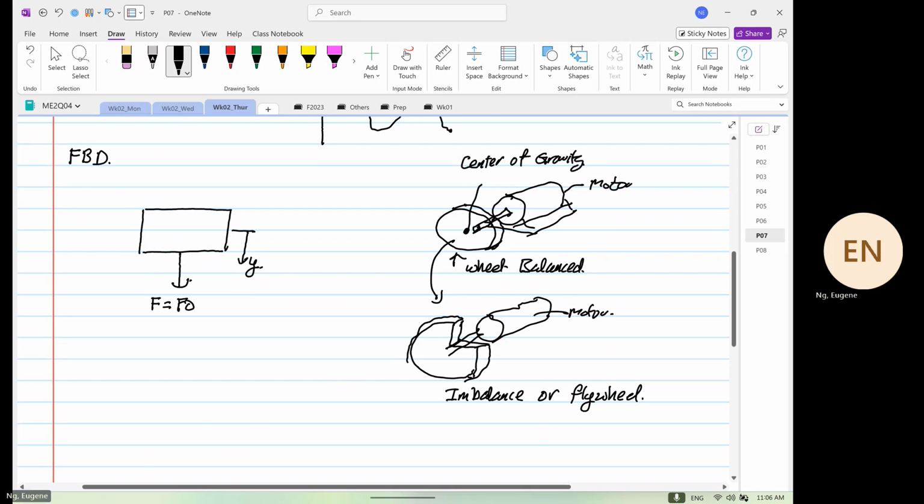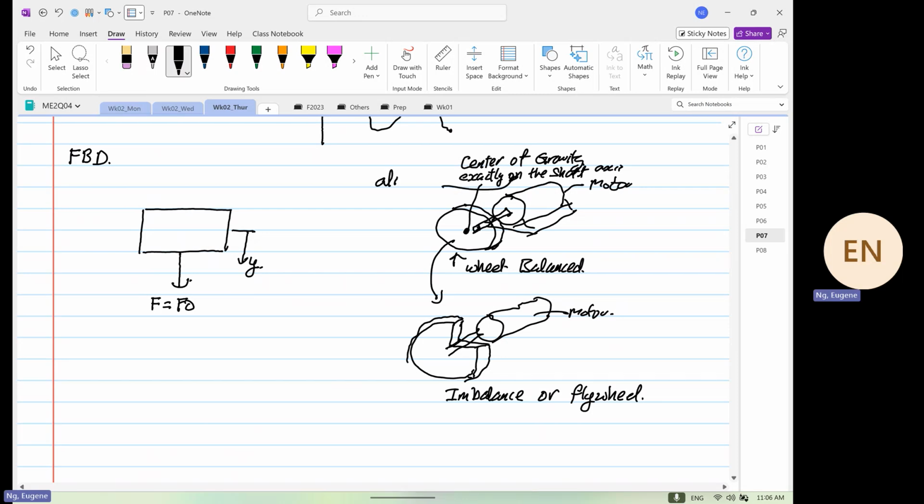Well done. On the shaft axis. Not on, but aligned on the shaft axis. Over here, down here is the shaft axis. The center of gravity may be somewhere around here. So you have what? Imbalance. Are we clear? So this is how you induce the F naught sine omega naught t, or F sine omega